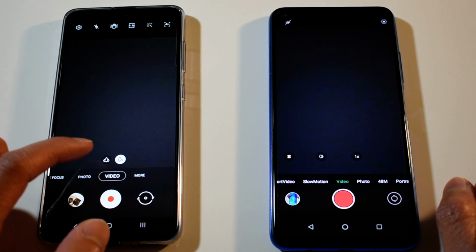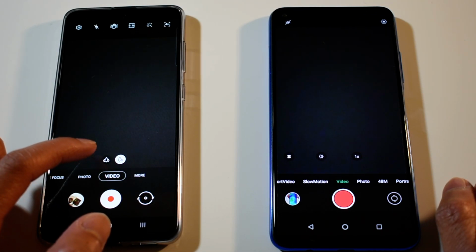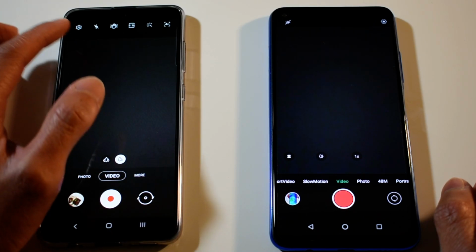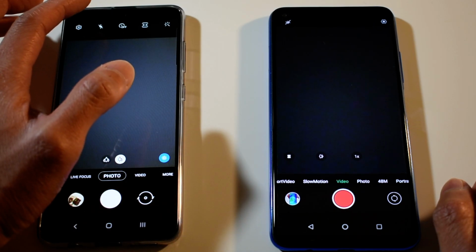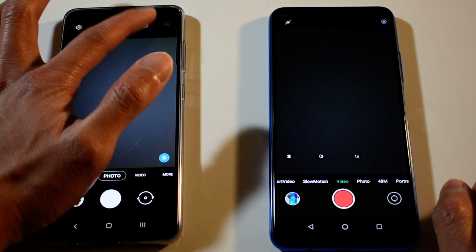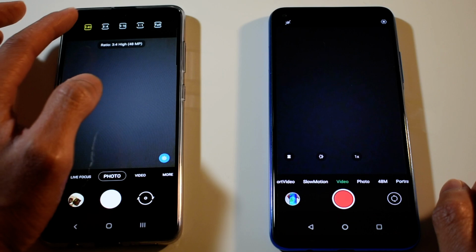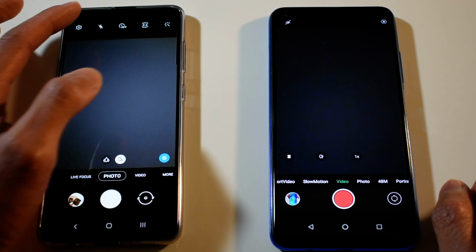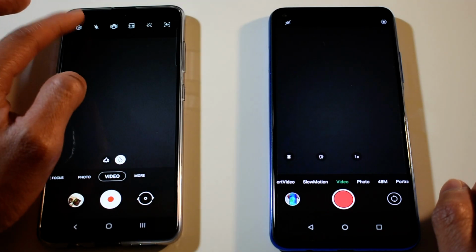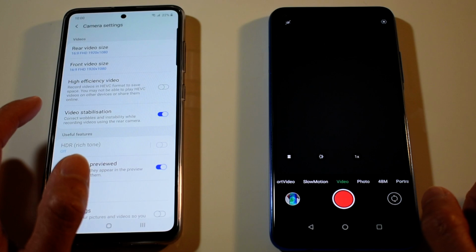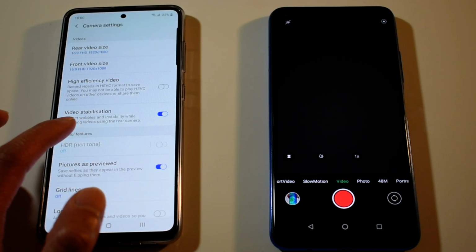The video also has widescreen and the regular video shooting mode, and then you get these functions here where you can choose the pixel. You get the 48 highest megapixel, and then you get the 3:4 ratio. So you get a decent amount of functions,